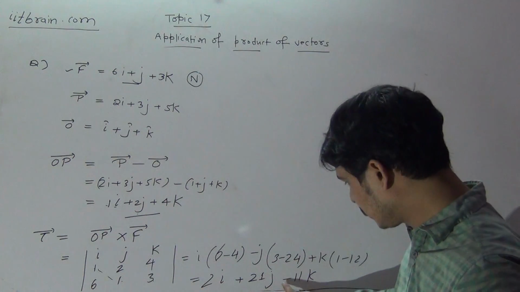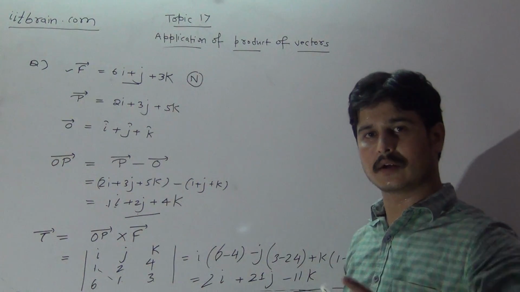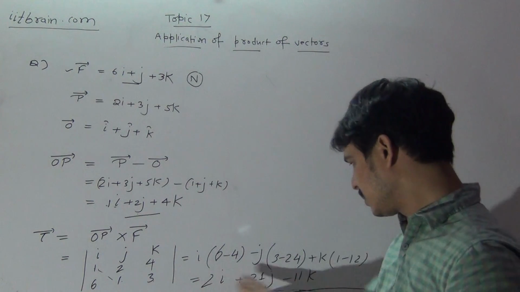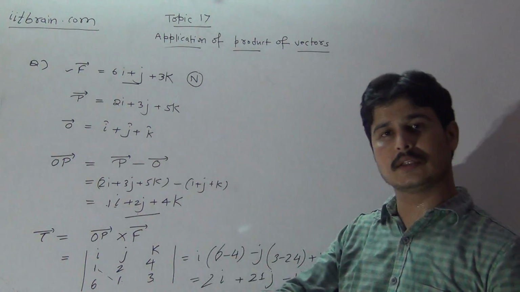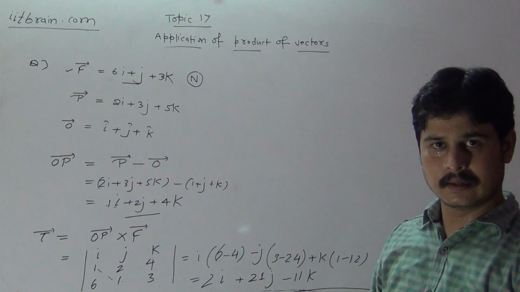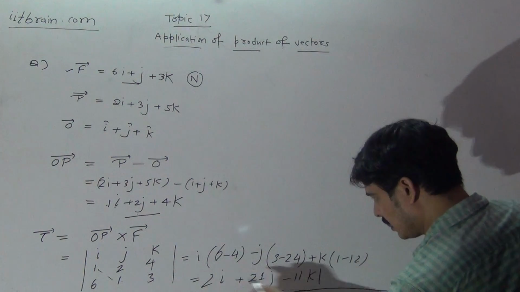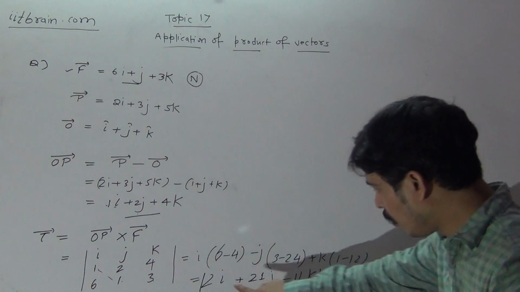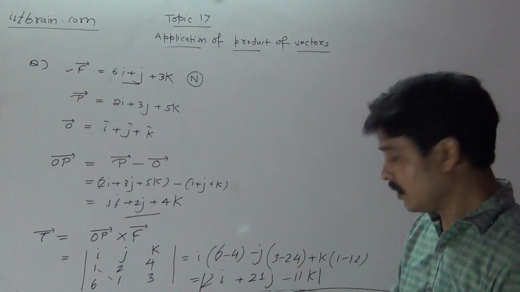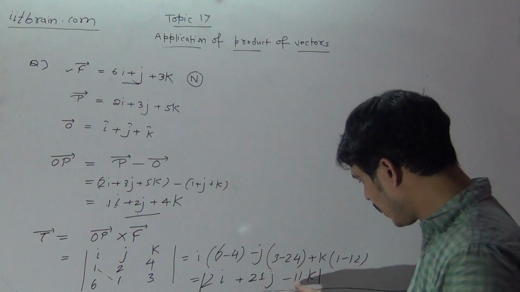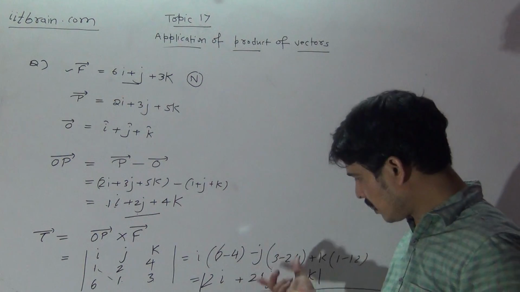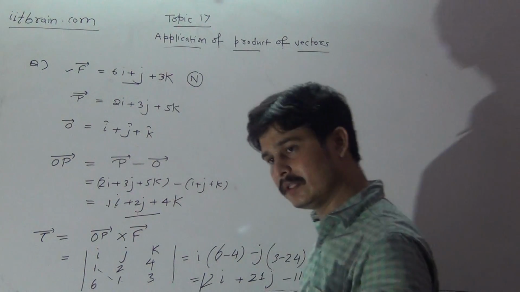The answer is in vector form because torque is a vector quantity. आपका आंसर भी वेक्टर फॉर्म में है। अगर आप अपने टॉर्क आंसर को न्यूमेरिकली बताना चाहते हैं तो आपको इसका मॉड करना होगा, and you know how to take the mod. It is root of square of 2 plus square of 21 plus square of 11. तो आप टॉर्क का मैग्नीट्यूड निकाल सकते हैं, टॉर्क को विद डायरेक्शन पता लगा